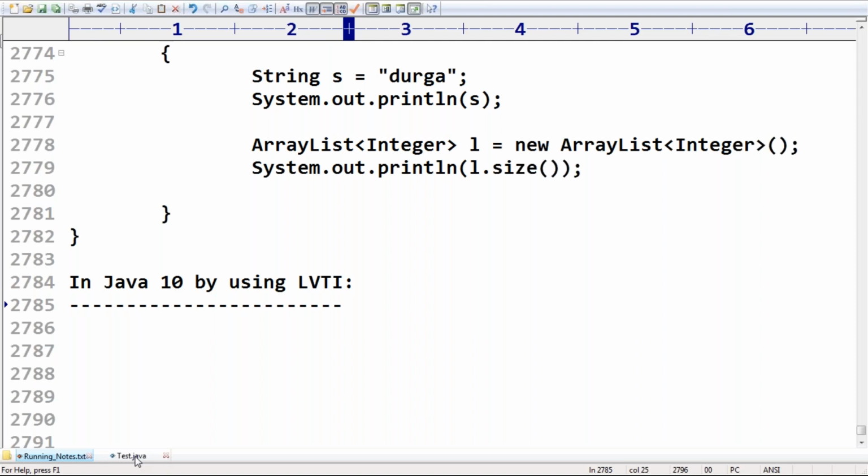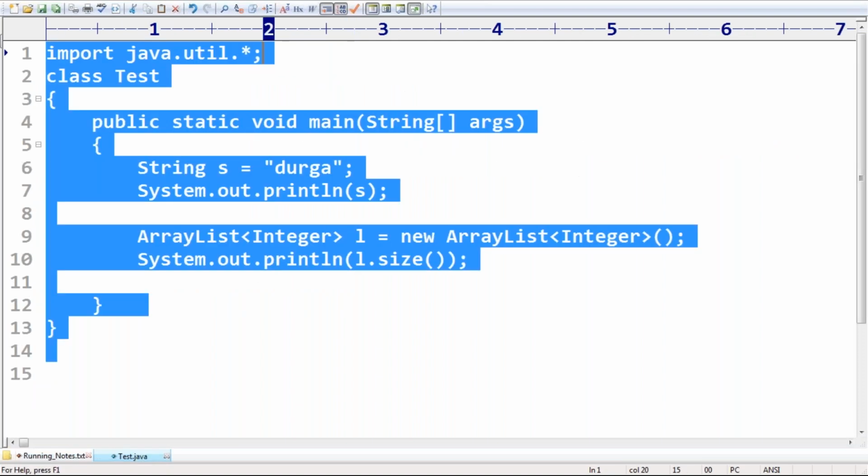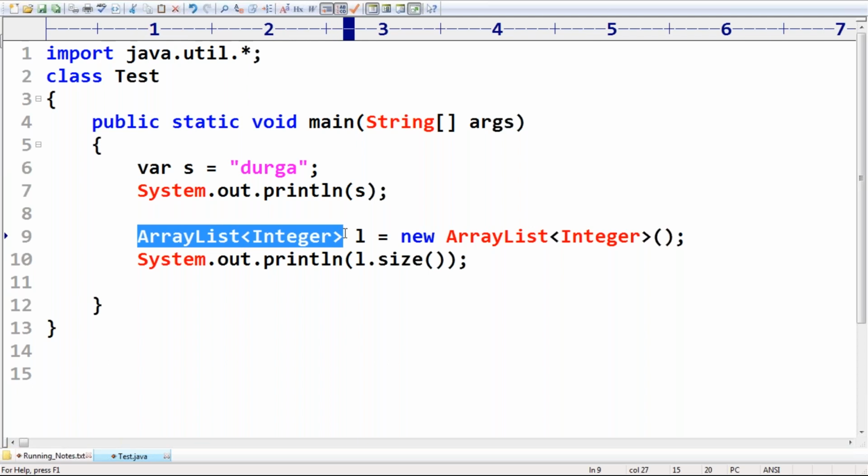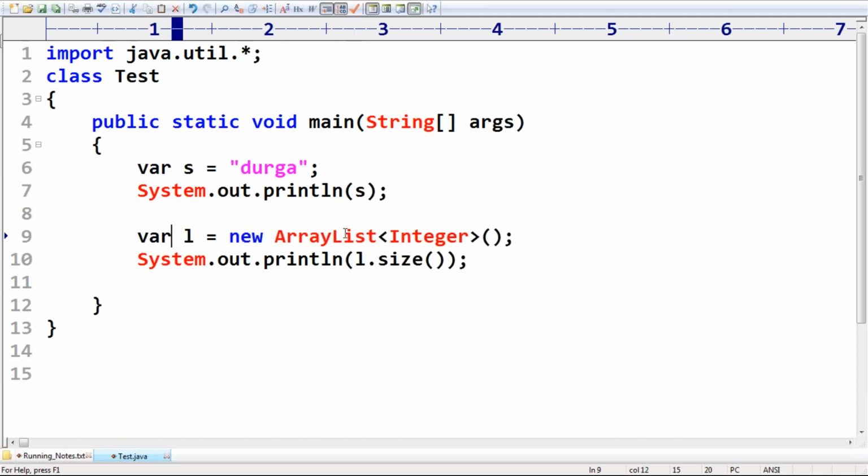How can you do the same thing? Now observe here, you are not required to specify types. We just declare var. Remember this one. Here we are not required to specify the type, we just have to declare var. Remember this. So now the duplicate type declaration we can prevent, which is more convenient for the programmer. The length of the code is going to decrease, and readability is going to be improved.